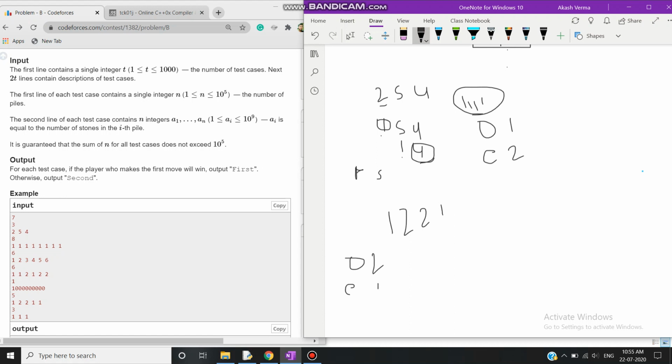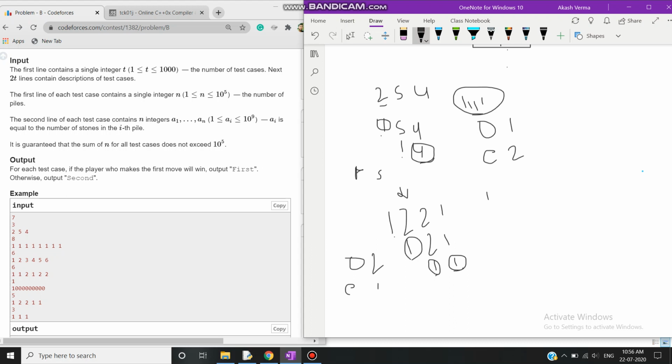How? Come and see. If this is 1, then the first player will remove 1 from it, and the turn comes to the second. So what he can do is remove all the stones except 1, so he will make the array like this. The first player comes here and removes this. Now the second removes stones from it, leaving 1, so the array becomes this. The first player comes again, removes this, and the turn is with the second one. In the last turn, the second player removes this one and wins the game.